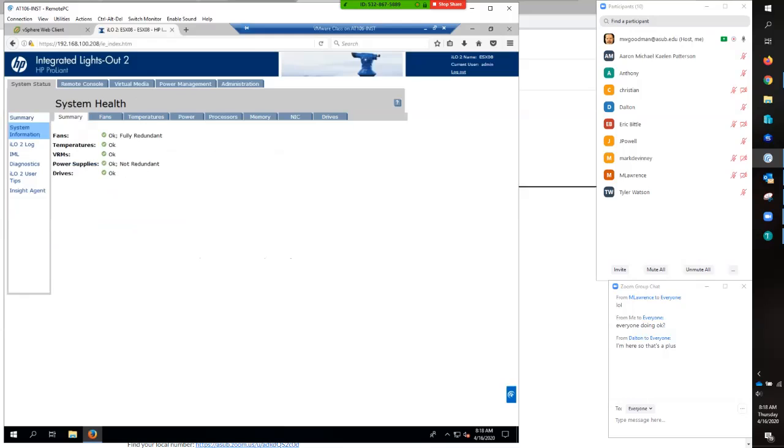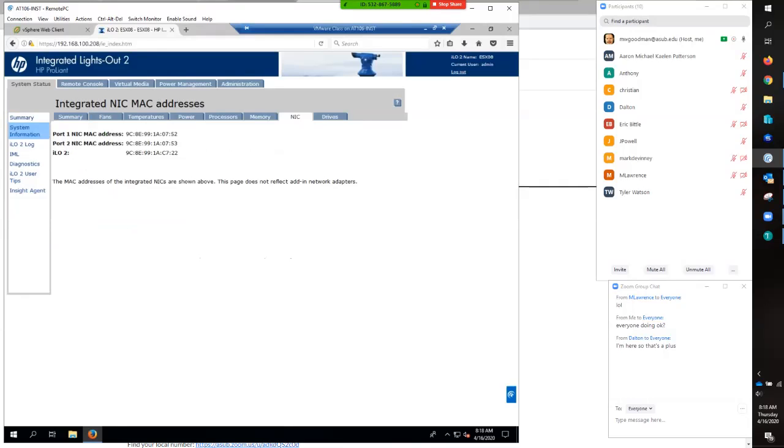So I'm going to show the configuration, and I don't think I want to get into actually setting it up and making it work for everybody, but just so that you know the steps for DPM. So I look through my integrated lights out. I find the MAC address of the ILO card. And under the web client,